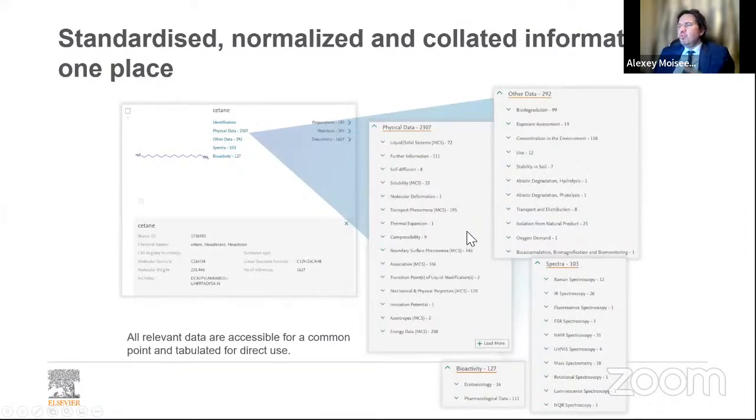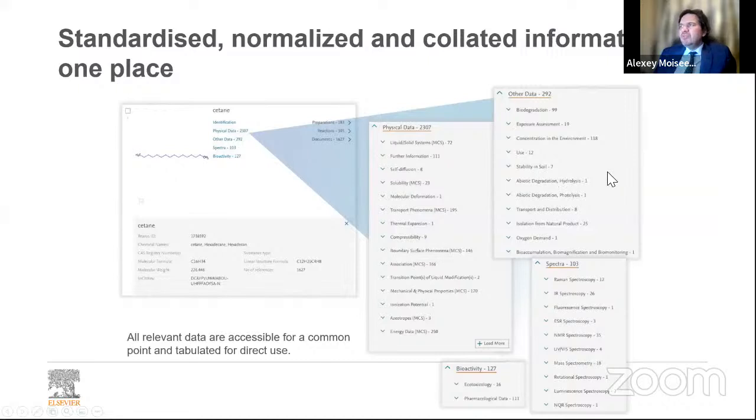You don't need to read the document. You don't need to do any copy-paste work. You just use information that is already prepared for you, directly from this database: chemical information, physical chemical information, and other information about how to use a substance in laboratories or in industry.